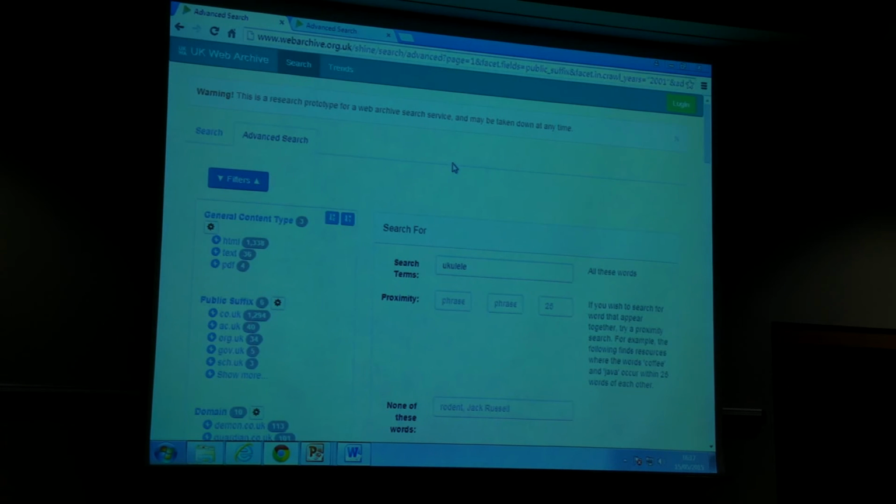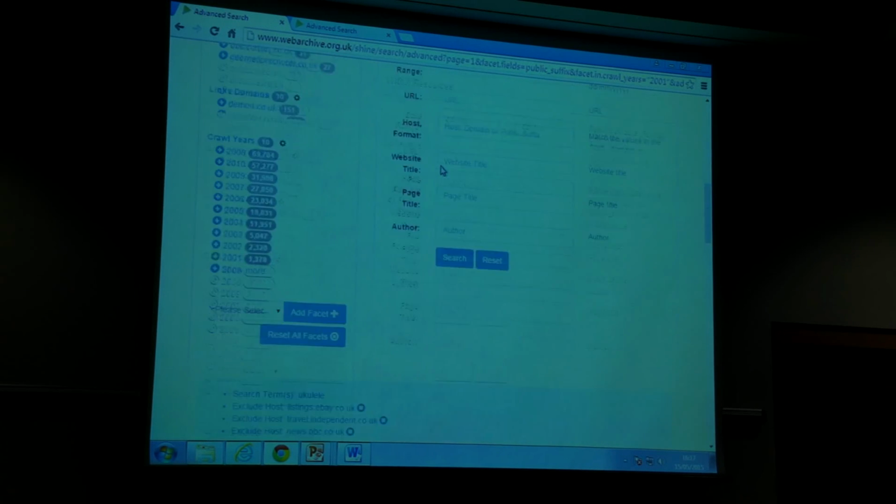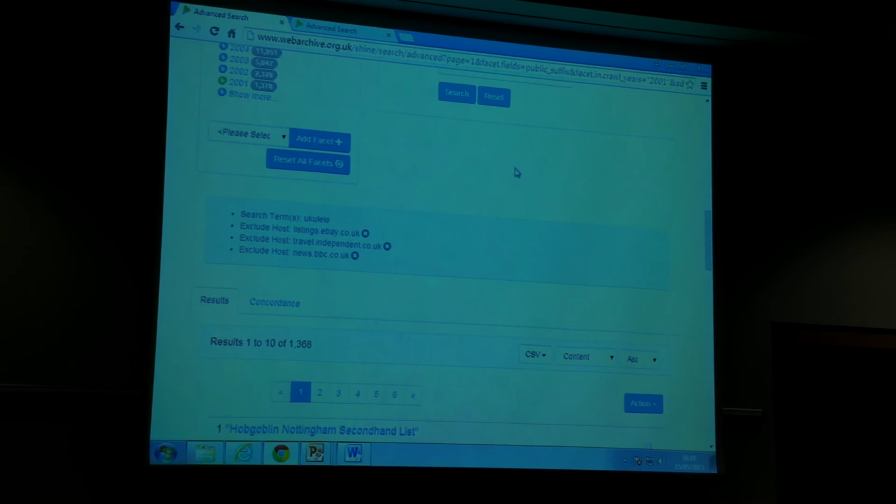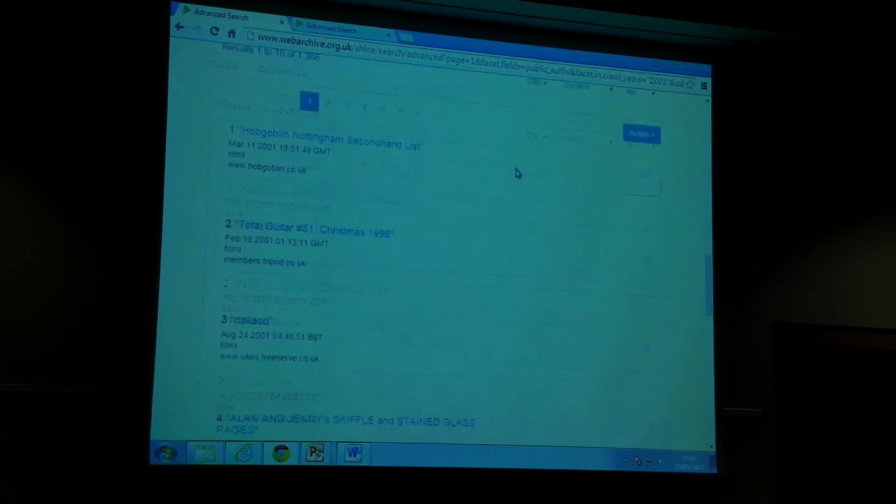As I said before, this is a prototype and still continuing to develop. The data won't change, but the interface itself will. In theory it improves, but it will certainly be subject to change, so that's worth bearing in mind. Anyway, we're now down to 1368.